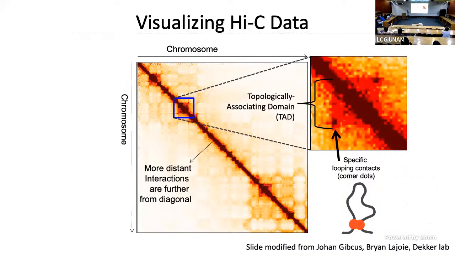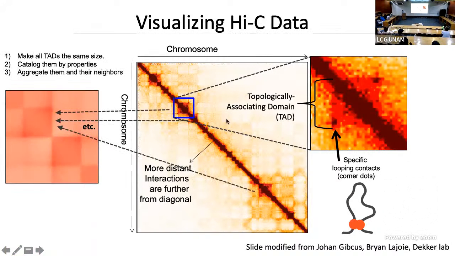And it will slide until it hits a CTCF site. It actually has to hit two CTCF sites in the same orientation before it will stop. When it stops, it pauses, and that creates these dots, because now you have high frequency interactions. A high percentage of the reads have linked the two sequences that are linked by cohesin. So these are called dot domains.